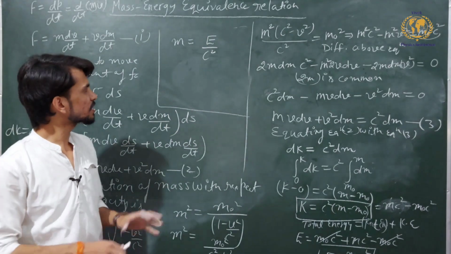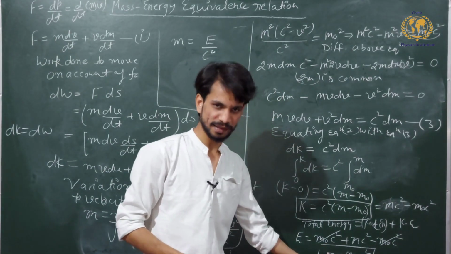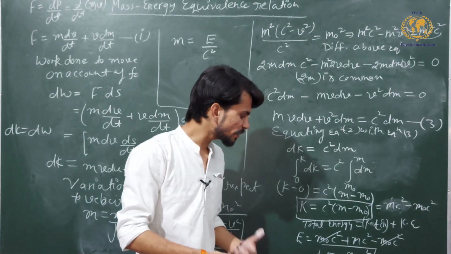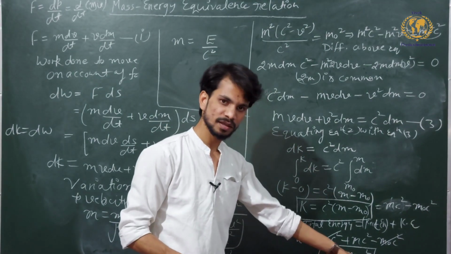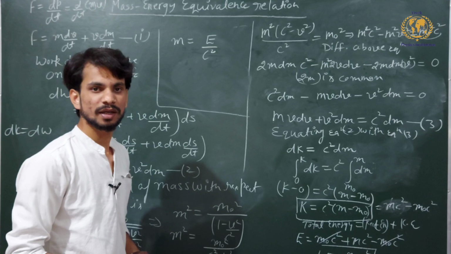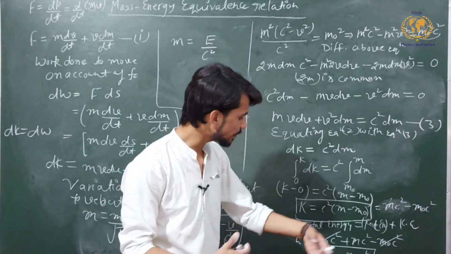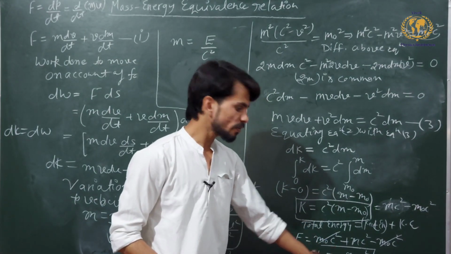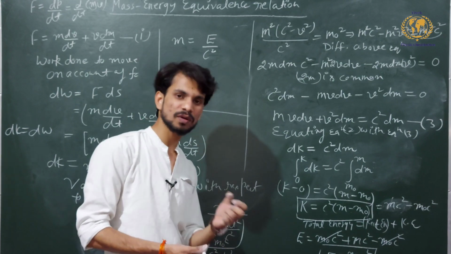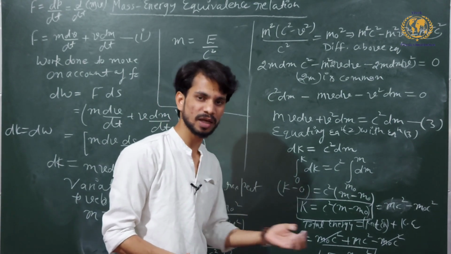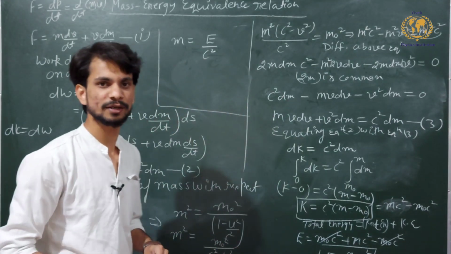Its simple meaning is that the heavier the mass, the heavier its total energy. Whatever is the energy of the particle, that is a function of mass, and vice versa is also true. It simply means that mass can be converted into energy as well as energy can be converted into mass. So mathematically, if you want to find the energy equivalent to a particular mass, then you will have to multiply c square with the mass in order to find the corresponding energy.